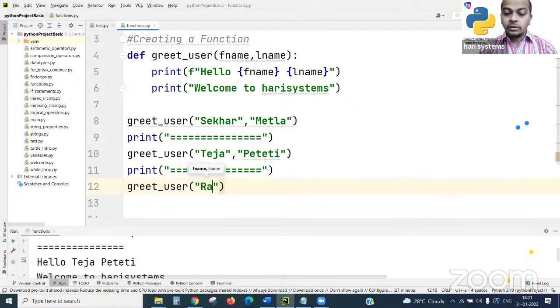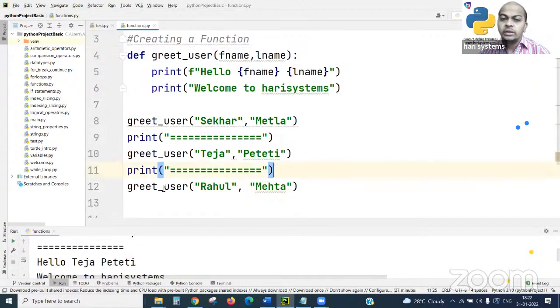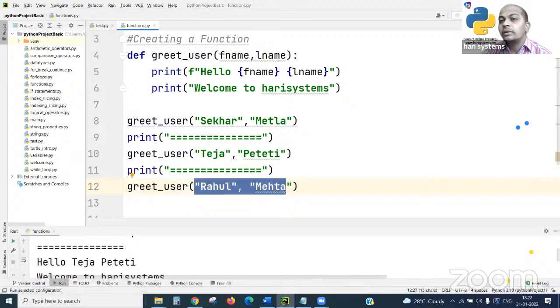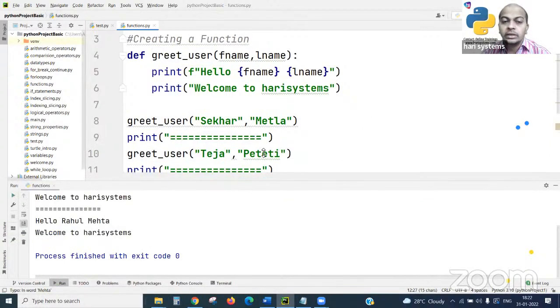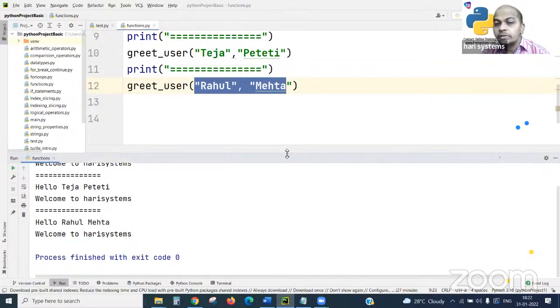So I'm passing Rahul and Mehta. I'm not touching my function at all. If I run this, the function is called with two parameters and I get the result: hi Rahul Mehta and welcome to Harisystems.